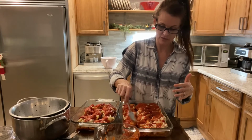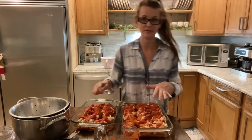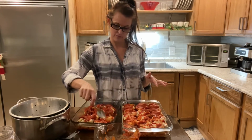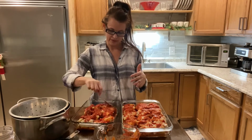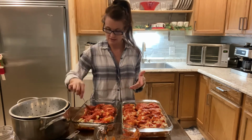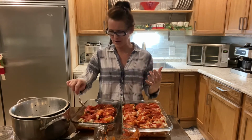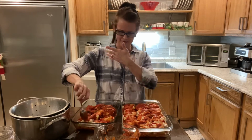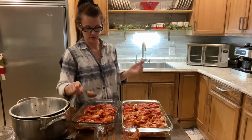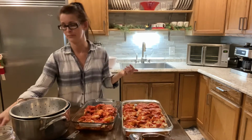When you take these out, it's going to be extremely hot, so let them sit for a little bit before you attempt to bite into this. Nothing worse than biting into anything cheesy, whether it's pasta, lasagna, even pizza, in that first bite, and you burn the roof of your mouth, and then the whole meal is ruined after that because you can't taste anything. So, all right, that's evenly coated, and let's cover this up with